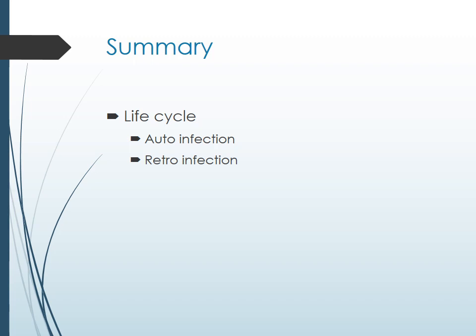And two things, life cycle is important, and you have to remember two unique things which is unique to this. One is the auto-infection, which is not seen in other worms because egg takes time to get mature and infective, while here within 4 to 6 hours it will become reinfective. So auto-infection is possible, and sometimes even retro-infection is possible. So that's all about this Enterobius vermicularis.